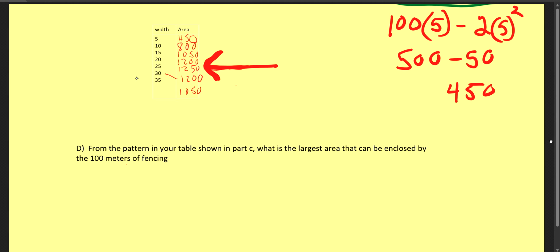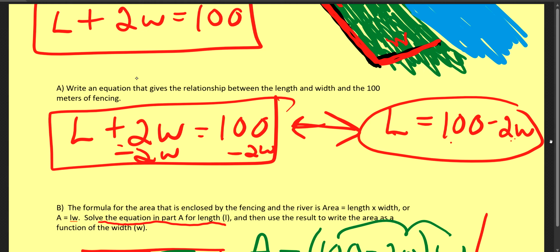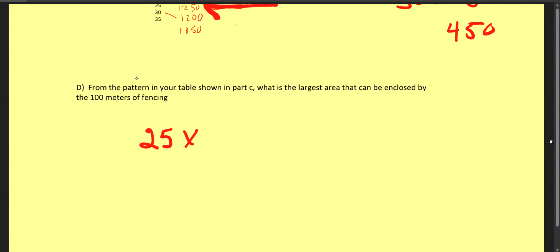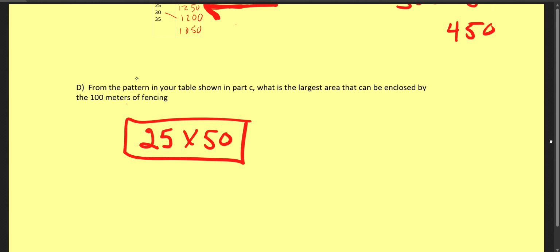A width of 25, and the length for 25 here would be 50. Here the length equals 100 minus 2 times 25, which is 50. 100 minus 50 is 50. So they're not asking this question, but the dimensions of that would be 25 by 50. The dimensions of the pen, or the area of this land,